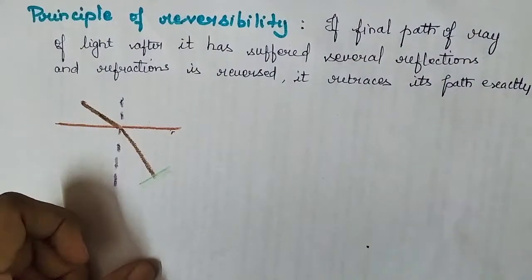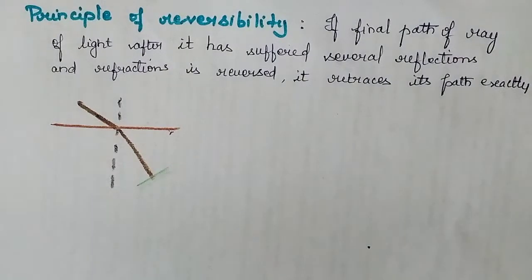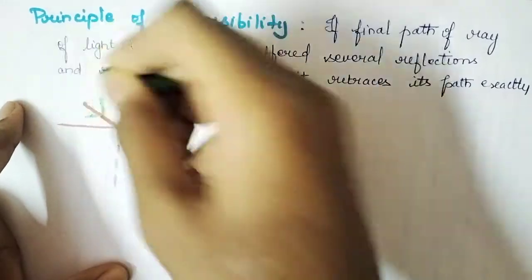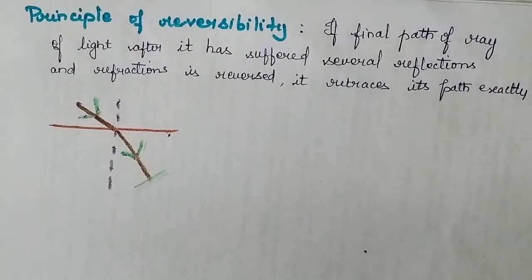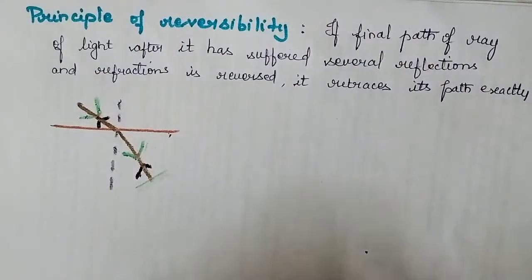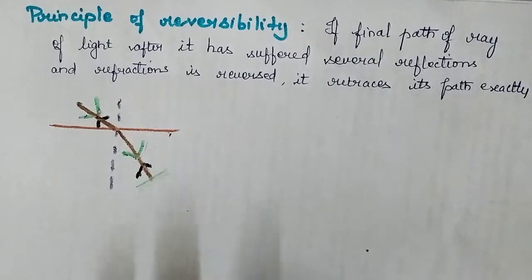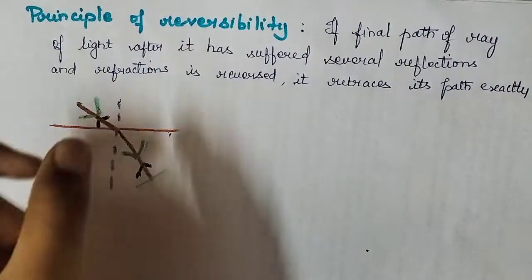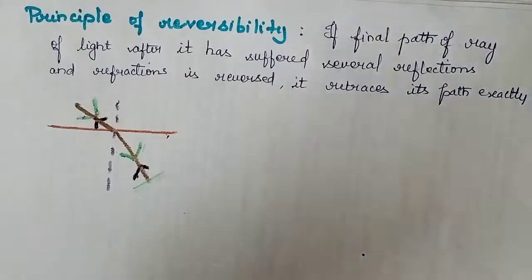Clear, children? This is a plane mirror. Then the path is in this way first, and after reflection how it retraces its path is, to say clearly, this way itself. So on the line itself you can put the arrow marks. Comes refraction, reflection, retraces its path in the same manner. This is a particular ray. Millions of rays, millions of paths, the same path.